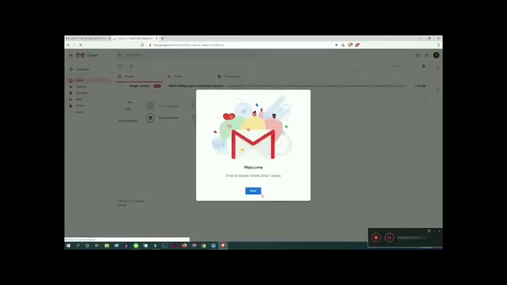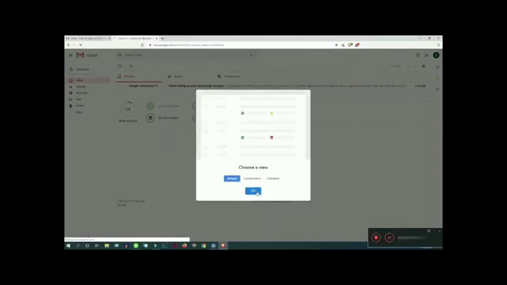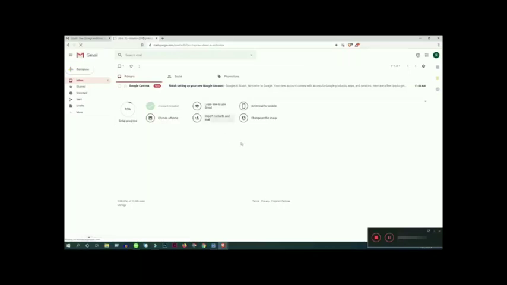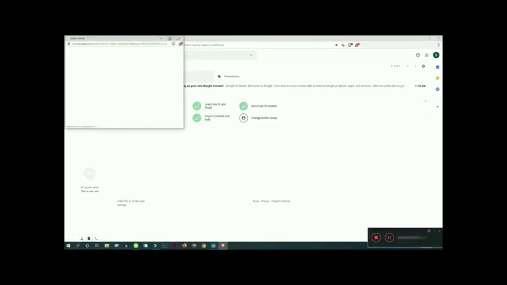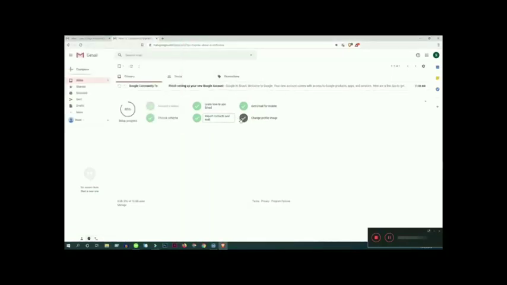Click on next. By default, set up your Gmail, get it on your mobile, learn to use Gmail. Click on these, choose your theme, choose your profile image. Here's your complete Gmail account.